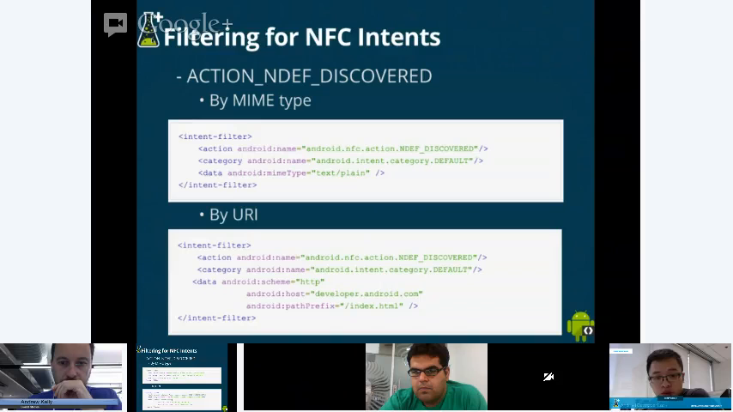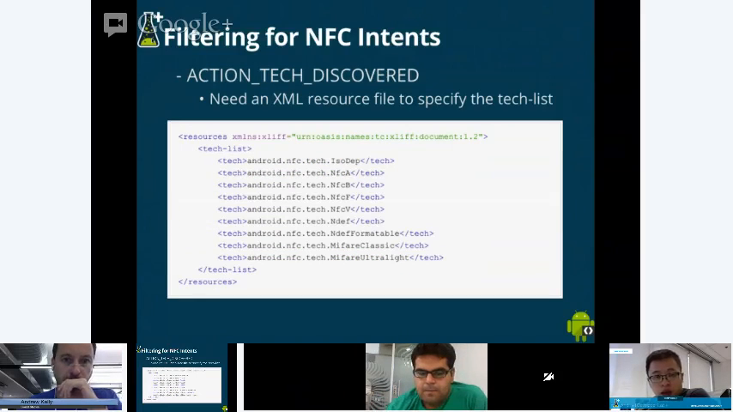And if you want to do filtering by URI, you can also do that. It has a different data tag specifying the host or prefix of your URL. And for the next action, after the dispatch system couldn't find a match on the NDEF discover action, we will fall back to the tag discover